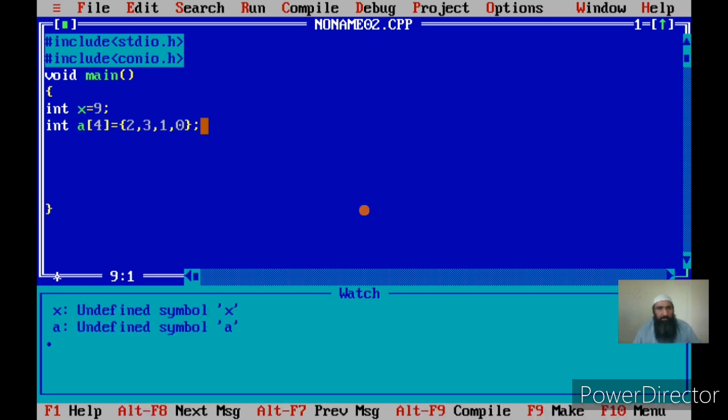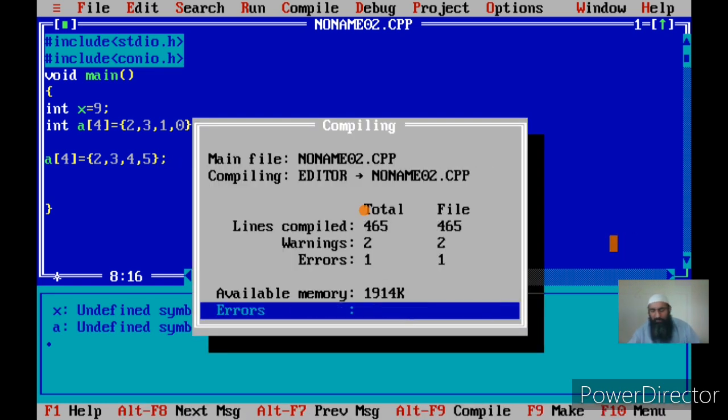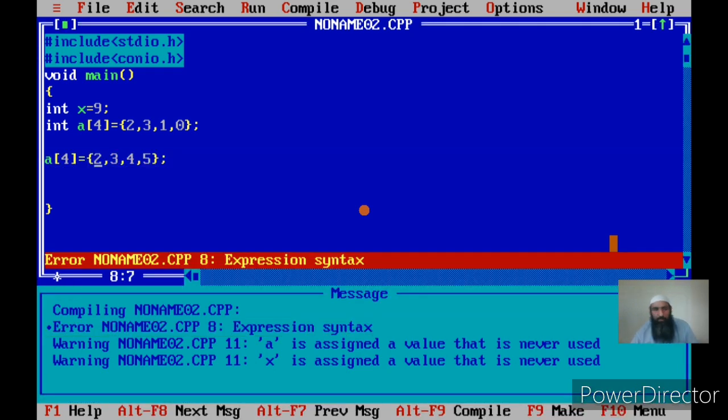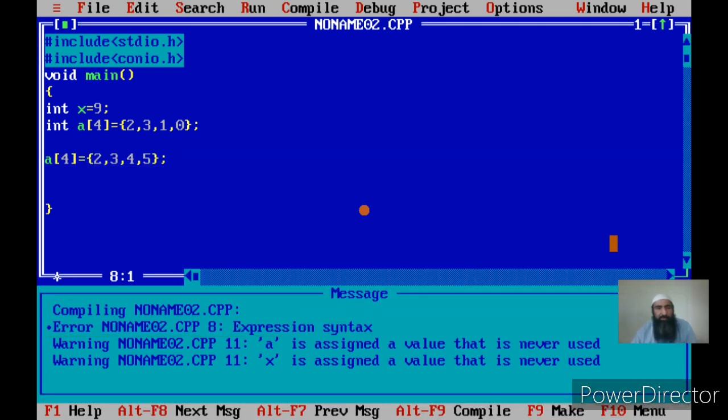Now let us see if this method works later on. Unfortunately, for arrays it will not work later on, because there is a reason for that. Now see here, if I use this method, it will lead to errors. So this method does not work for arrays later on. That is, you can only initialize all the elements of the array at one go within the curly braces, only at the point of declaration and not later on. So you should note it down.